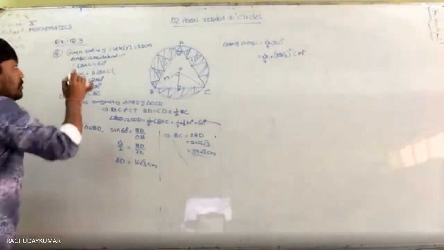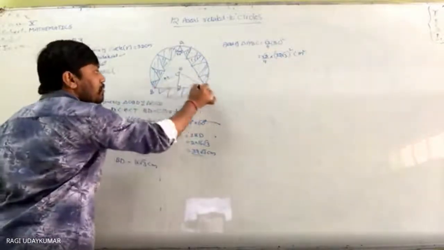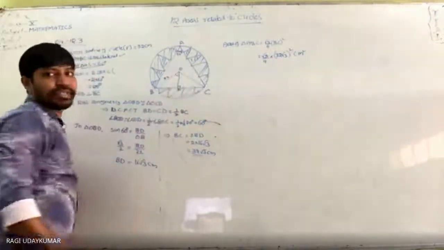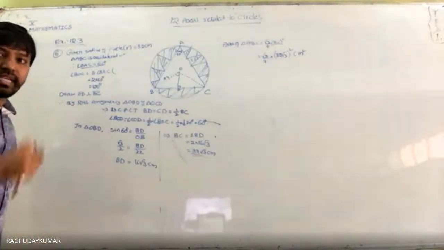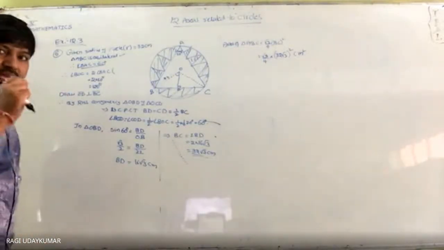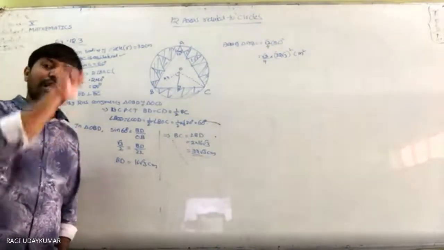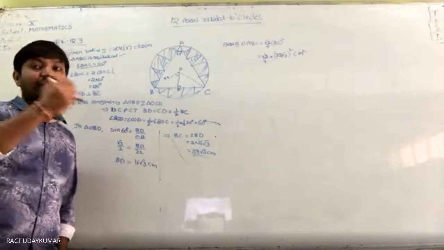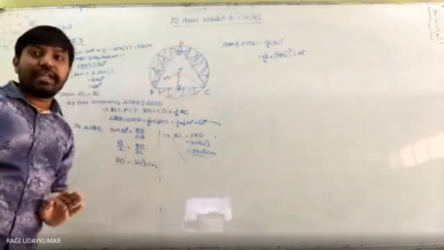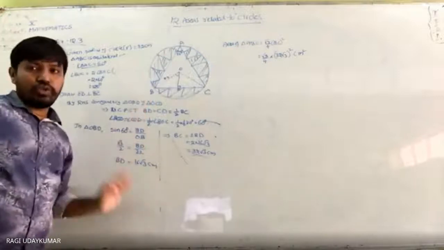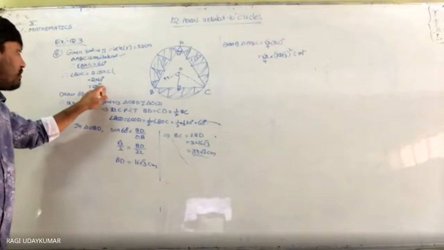Equilateral triangle. So angle BAC is equal to 60. So angle BOC is double of the 60. Double of 60, is it? At the center, the angle made by any arc or any chord at the center is double the angle in its alternate segment. Means in the other segment, any point you take, here, here, or here, wherever you take, I have shown you that one also. So double, 120 degrees.